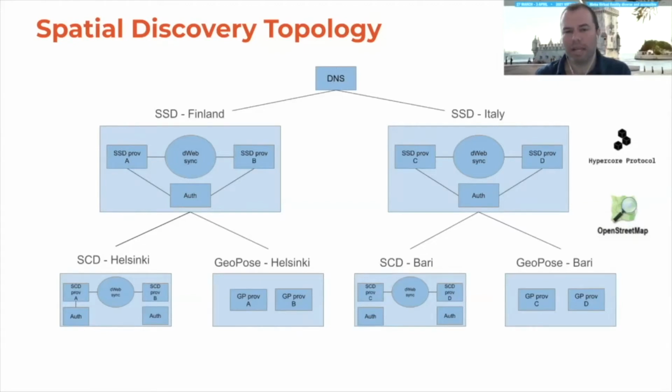I mentioned a decentralized web technology, and today that is based on the Hypercore protocol. You could think of this as being in ways similar to Git, but you're synchronizing all changes in real time, and it's designed to deal with very large amounts of data. We also use certain implementations of a decentralized OpenStreetMap architecture for the core today.